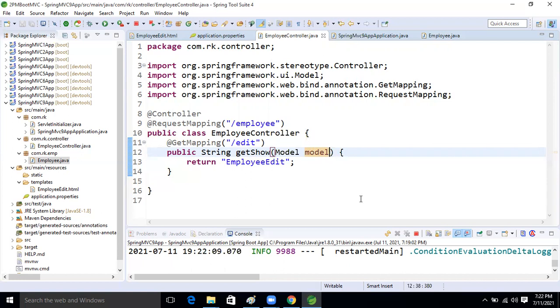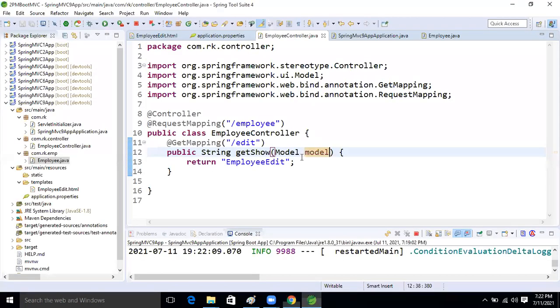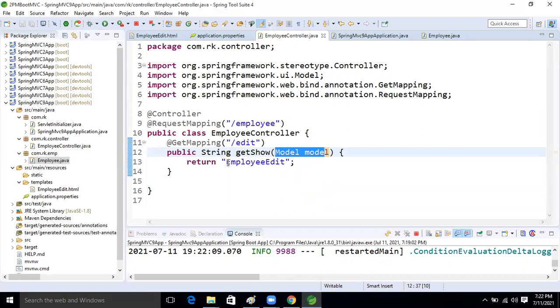See, till now what we are doing using the form, from here onward we are sending the data, right? But this time we will set the data in the server, and this will reflect to our browser. Bidirectional we are going to make the form. Okay, so this is the concept. Here we will take Model, and after that I'm returning this employee edit data, right? Employee edit.